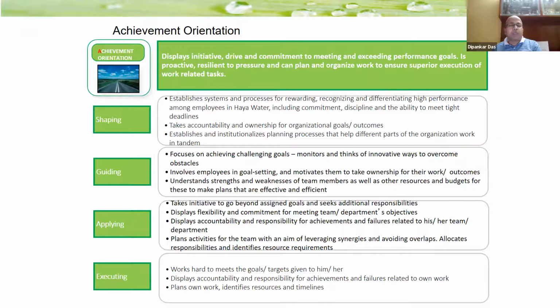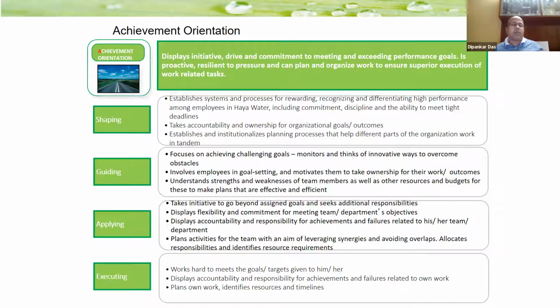Now, here you can see, for example, achievement orientation. It is divided into four levels: executing, applying, guiding, shaping. Executing is somebody who's at the front line. For her, it means works hard to meet the goals and targets given to him or her, displays accountability and responsibility,